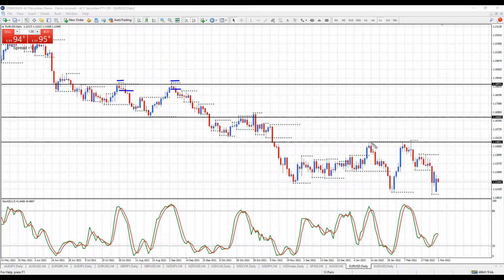So we've got an area of resistance drawn in from this top, and obviously price moves down. It false breaks this area of potential support. I'll just draw that area in. Then comes back up and revisits the top of the range here at resistance. We can see the indicator is overbought. It actually has two attempts at this resistance level,